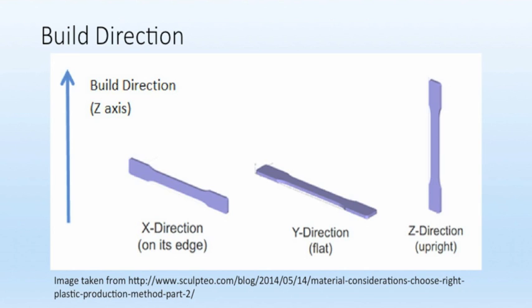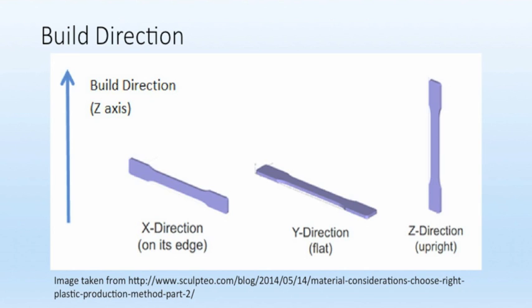So this slide shows you the build direction. What I want to say is that the mechanical properties of 3D printed parts are usually weak along this build direction, which is the Z-axis. Why? Because of the layer by layer process. Each layer might not be totally melted or fused to the layer that is above it. So what this means is that there could be a horizontal crack found in between each layer. This crack makes the part fail in the build direction more as compared to the